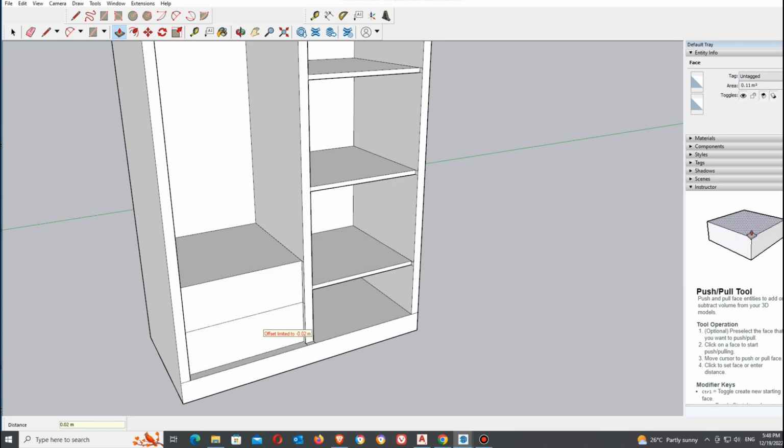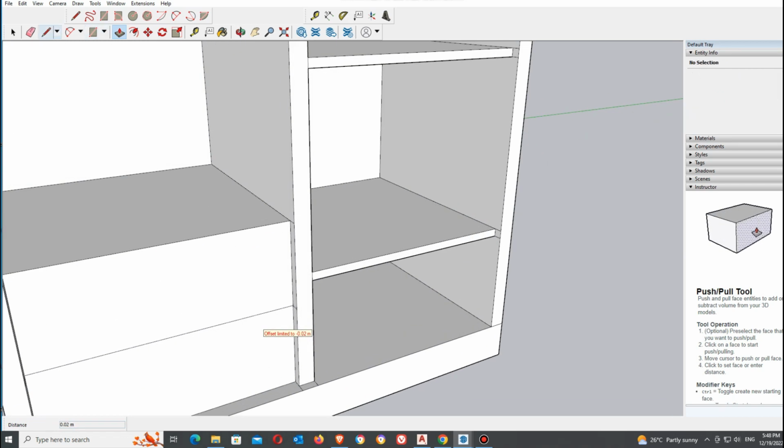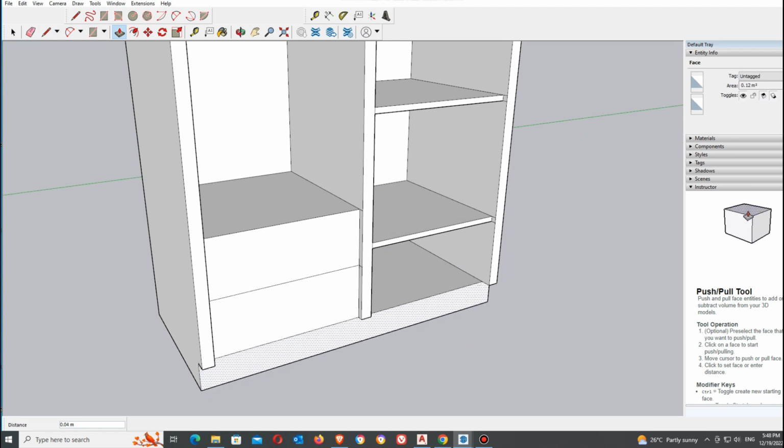We need the 2 centimeters for the handles,